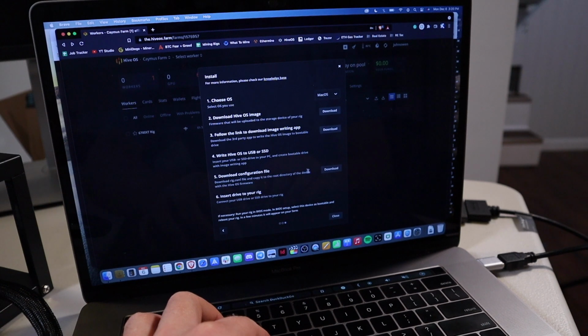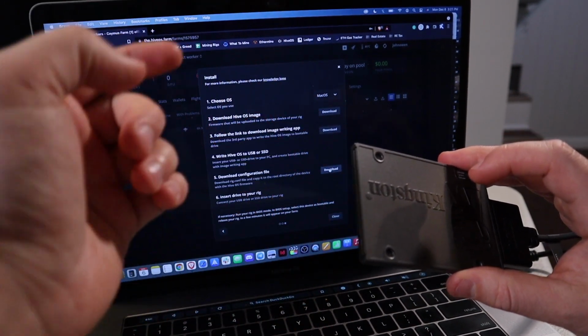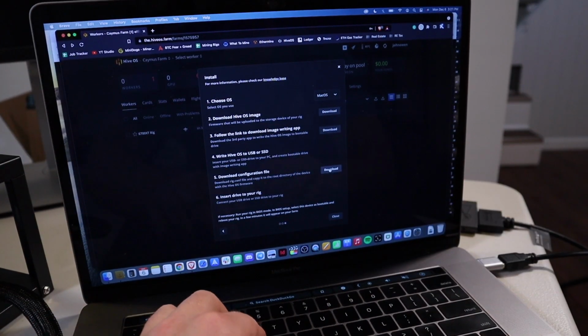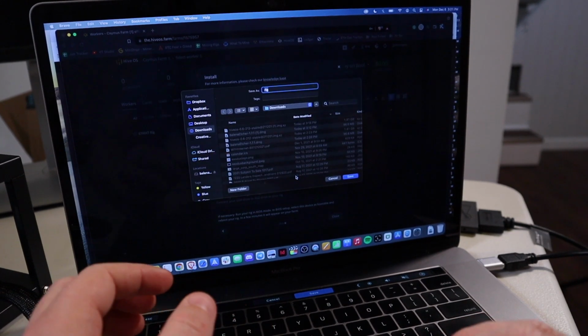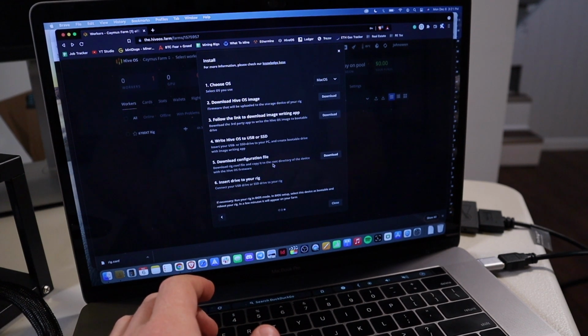But what we want to do here is we've already done the write HiveOS to USB or SSD. Then we're going to download the config file, so this will allow the HiveOS platform to connect and communicate with my solid state drive with the rig. So we're going to download that config file. This is specific to this particular rig that we're making. All right, and then it tells you to put it in the root directory of the device with the HiveOS